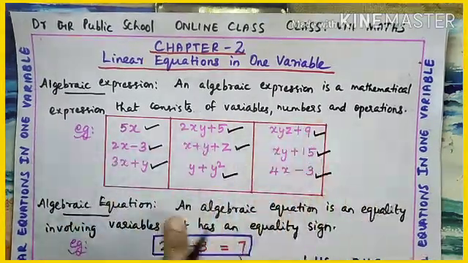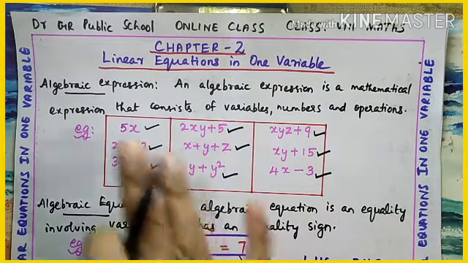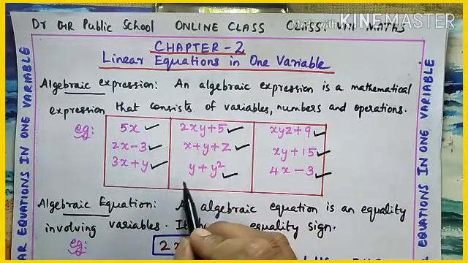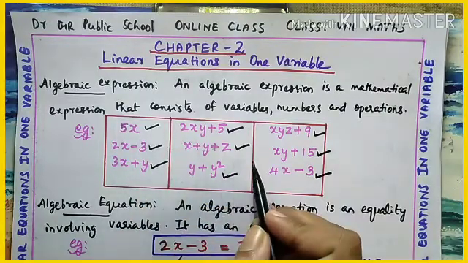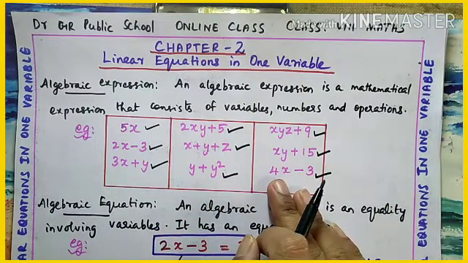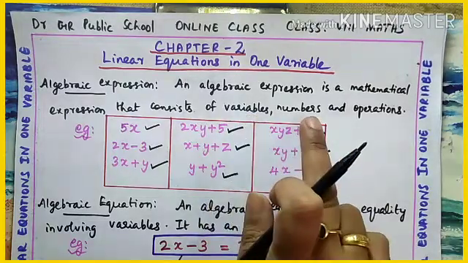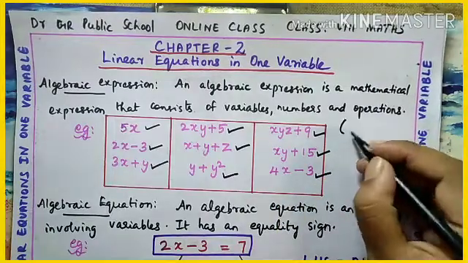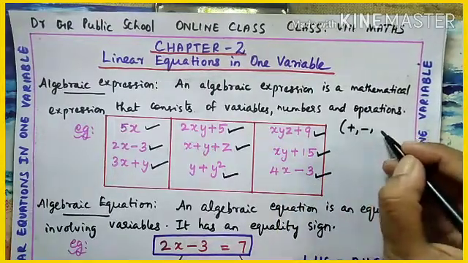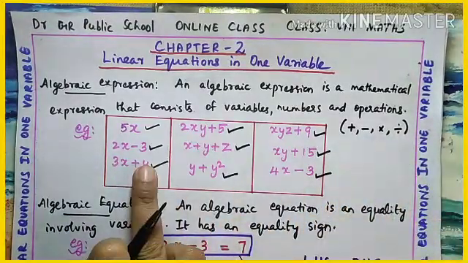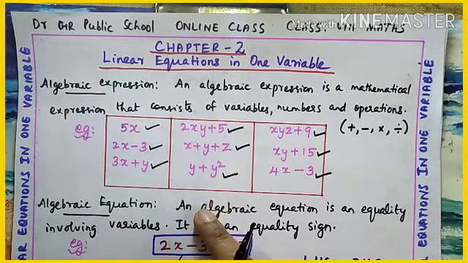So from all these examples, what did you understand? These algebraic expressions, some are having one variable, some are having two variables, some are having three variables. So these all are generally called algebraic expressions that consist of variables, numbers and operations. What do you mean by operations? What are the four different operations we have? Plus, minus, multiplication and division. So all this will together come in algebraic expressions. Okay, got an idea? Yes.